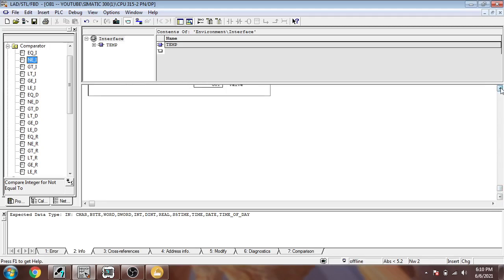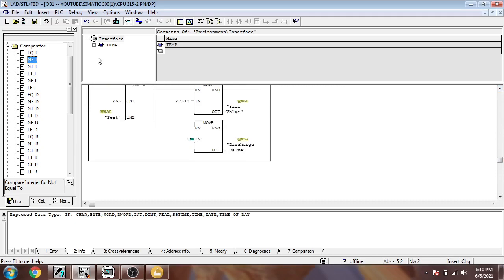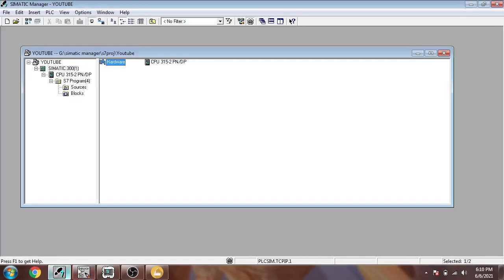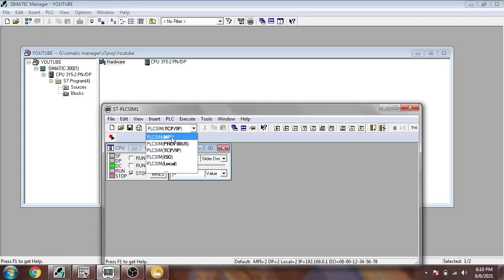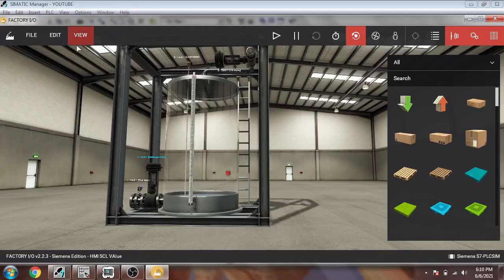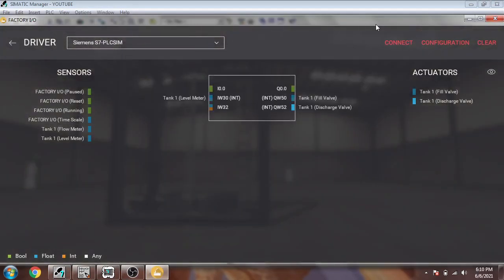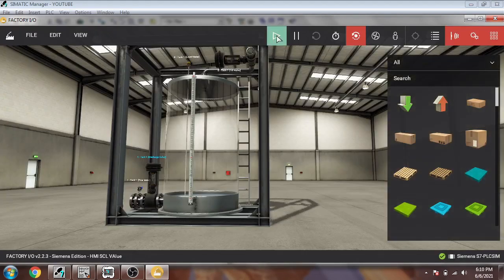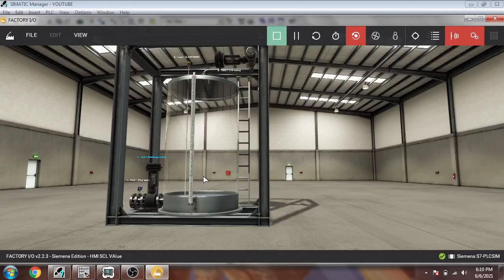So let's see what it is going to do. I am just saving that there. Start my Siemens, change it to Profibus, and you will see MW30 is there, which is our test symbol. Our program is loaded, and I am going to connect it with my PLCSIM, like that, and then I am going to make it online.